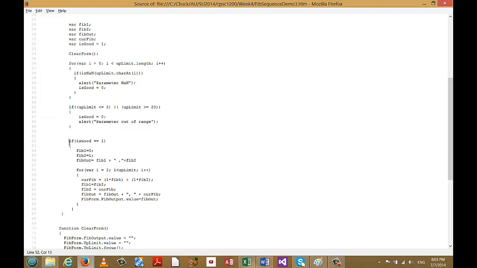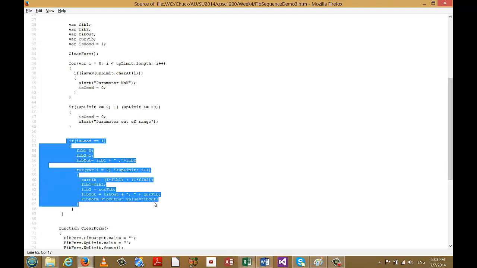And when we get here in the third decision, if every character is proven to be a number, and if that number is proven to be within range, is good will have a value of 1, and I will implement the code necessary to generate the Fibonacci sequence. Okay, hopefully I didn't botch that to the point where you can't understand it, but it's important to see this,